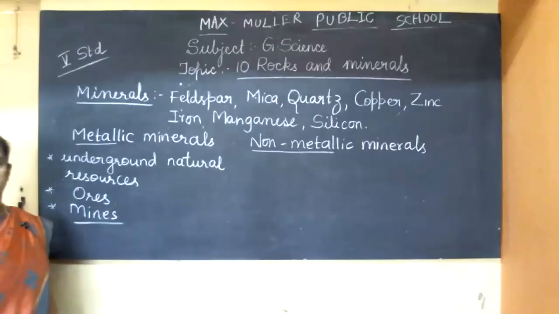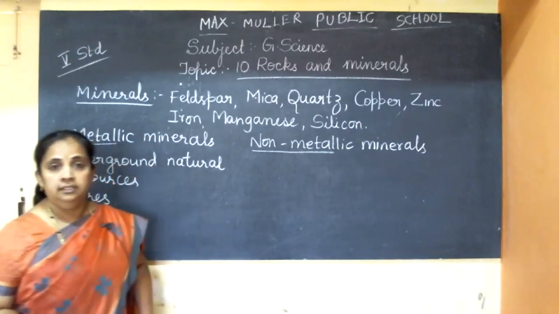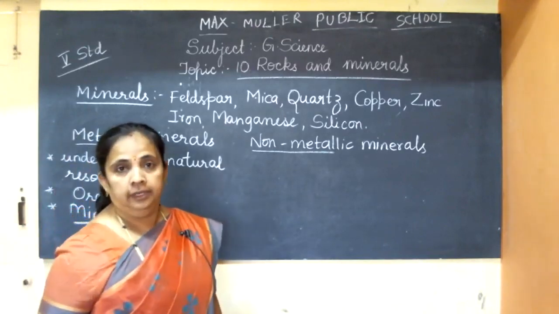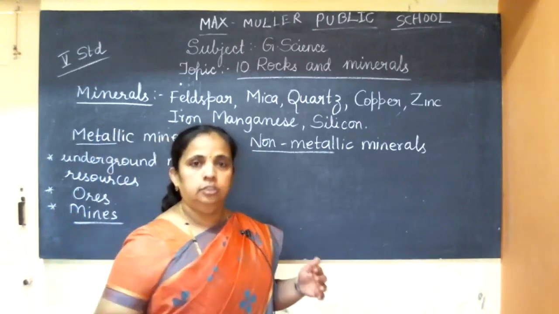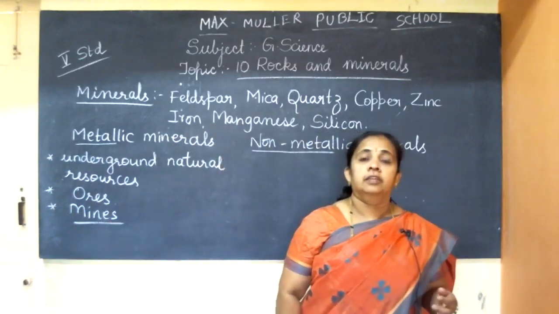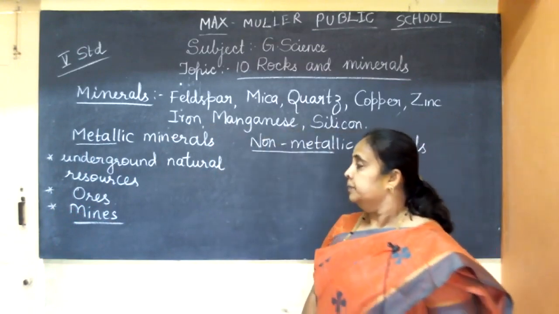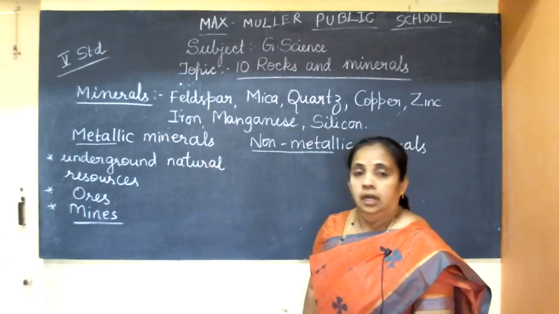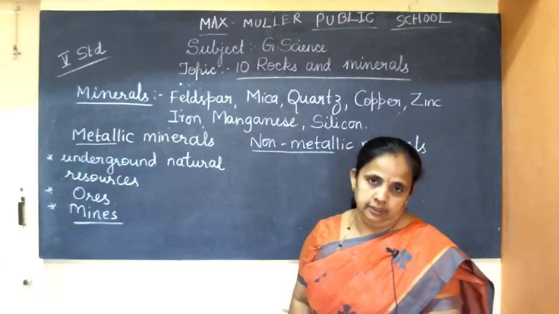Now, you might have heard that in Kolar you have the Kolar gold fields or Kolar gold mines. They have to dig, or blast using dynamite, make a hole and go deep inside the earth to get that. So that is called a mine. For example, where we get gold, it is called a gold mine. Since these metallic minerals are present underground, you have to dig and make a tunnel to get them.